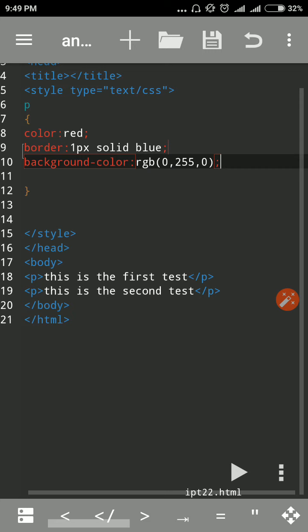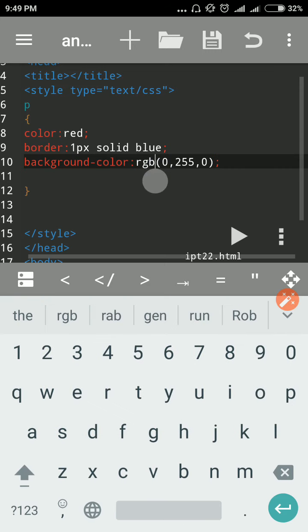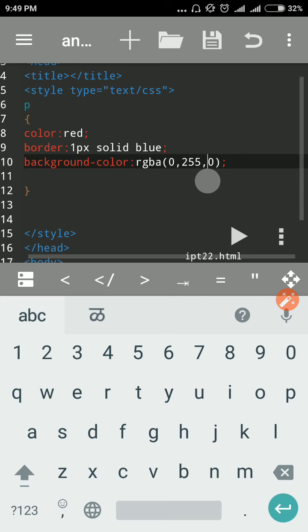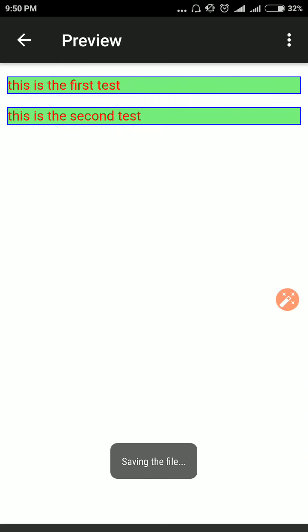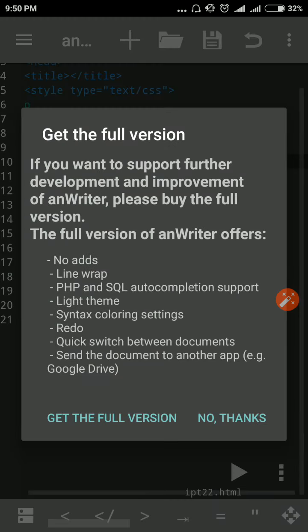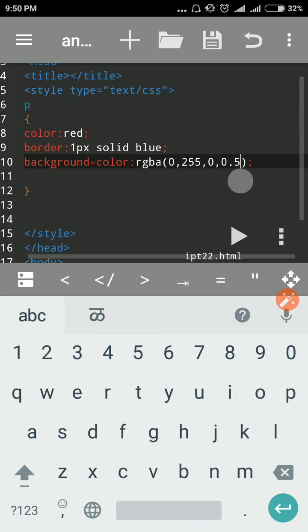That green color I want to make a transparency. So we take the alpha channel, RGBA, and comma, I take suppose 0.5. So I want to check the transparency 50%. Is some lightness on there. Suppose I take 0.1, so it means very less, or we got the highest transparency on there.